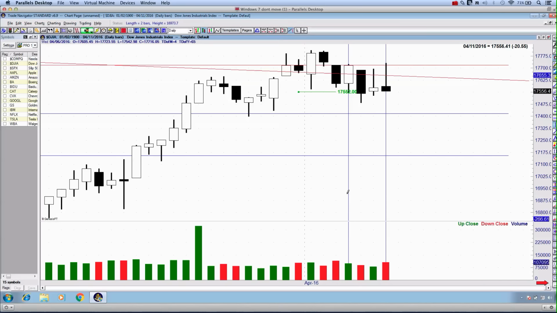If I bring up the vertical line again, you can see this 3-day reversal candlestick pattern right here, an evening star reversal, coinciding again with the selling pressure which we saw on Tuesday last week, again with an increased spike in sellers in terms of volume. Pay attention to these signals.